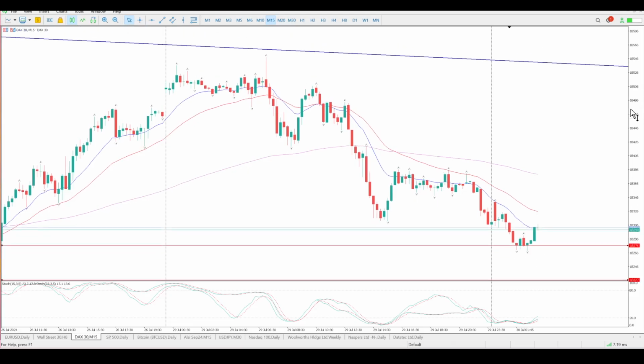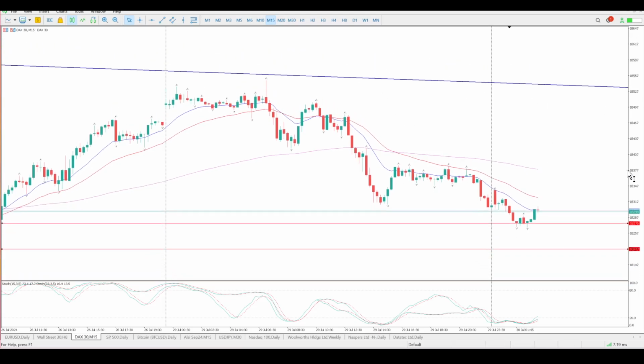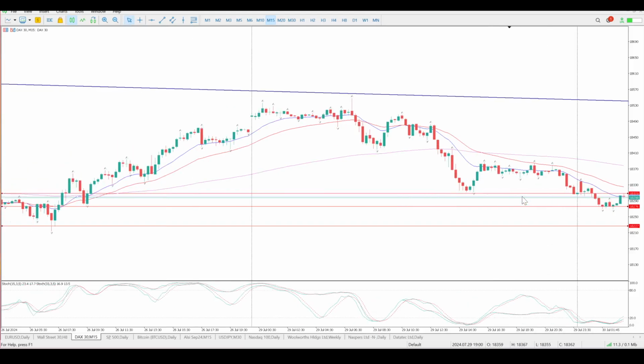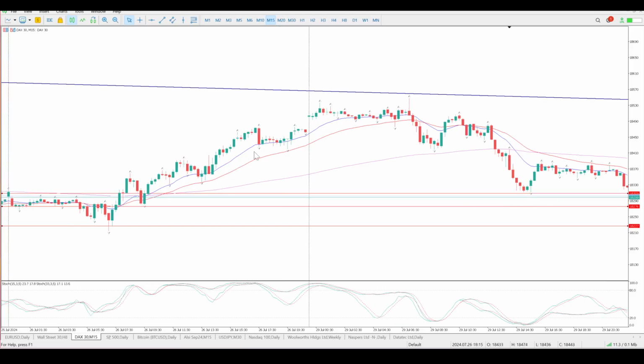So for me at the moment, there's nothing really I want to get involved in on the 15 minutes. I'm really skeptical of jumping in short, especially when the hour oscillators are looking like they are, and also with this massive area of support. But at the same time, we are below the moving averages, so I don't trust what we see here. And you see there is a little area of resistance above us, but what I can do is just add each one of these tails in,